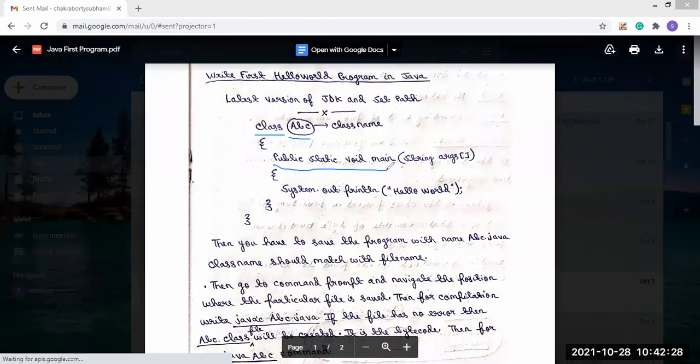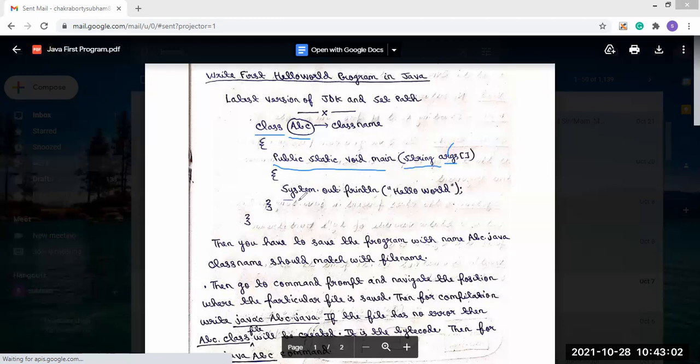In the arguments list, we use String args. This is the name of the variable. You can use anything, but in every book you will see it written as args; it is not necessary to always use args. You can write any variable name, because this is the arguments, and we are passing a string type as the arguments.